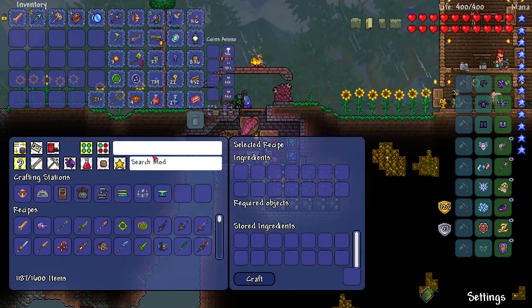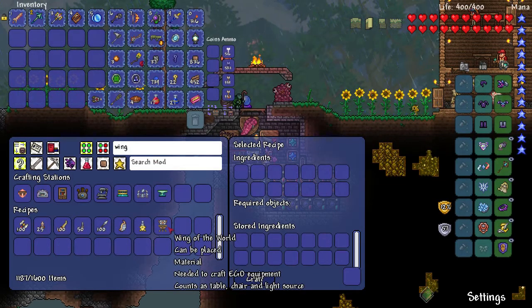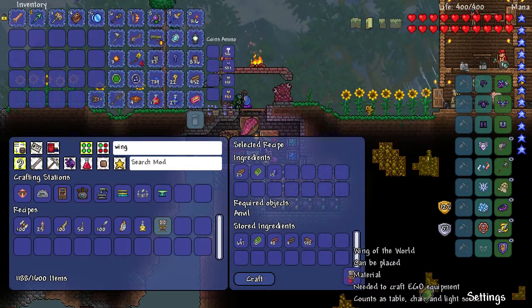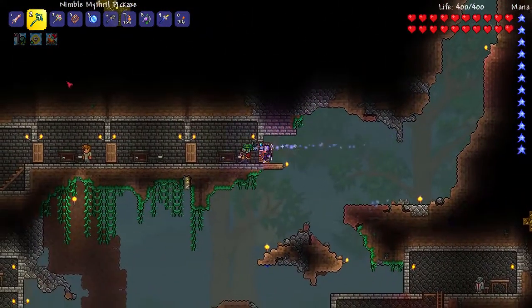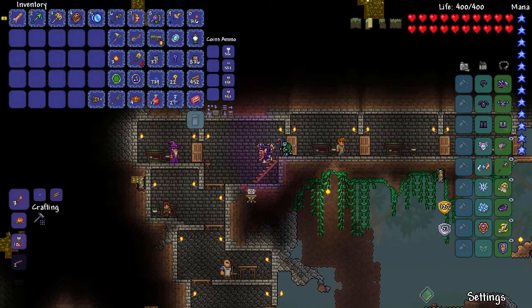Because there's an NPC we can get to come to our world, but we need to make a special item. And I looked this up. It is called the Wing of the World, and it's just evil components, wood, and a book. Nice and easy. And it counts as everything for a house, so we just have to put this in a room, and I have one right over here. So hopefully...